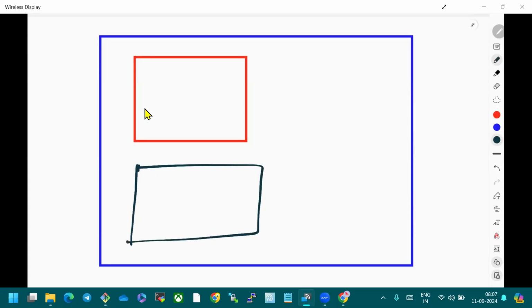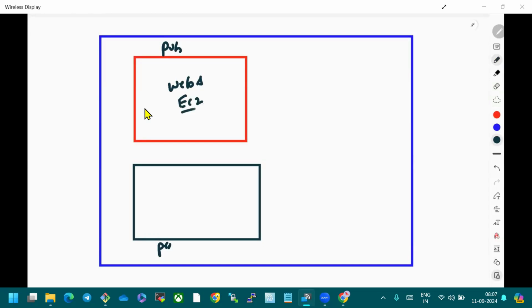The red one is the public subnet and this one is the private subnet. Inside the public subnet, I'm going to host web servers. That is, I'm going to create an EC2 instance which has a web server.